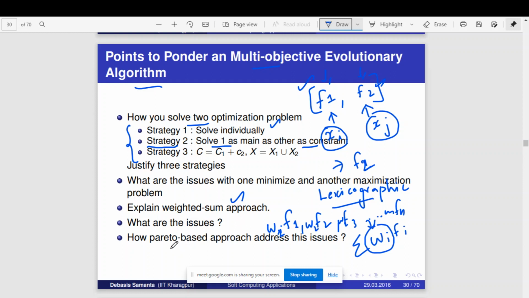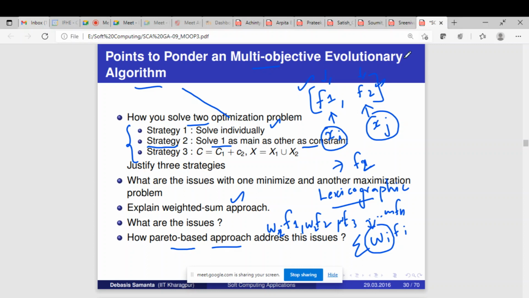And then we have discussed several Pareto based techniques. Pareto based techniques won't give a single answer. They will give a Pareto front as a solution. So the set of solutions available in the Pareto optimal front will be treated as the solution, and all these solutions will be non-dominating with each other.